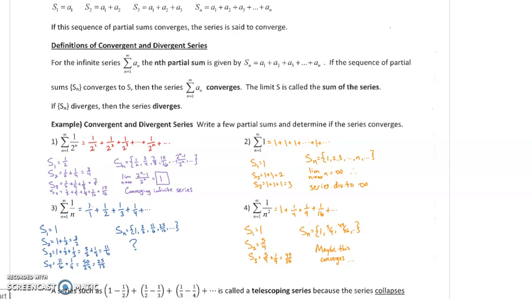As I mentioned in the last video, the primary concern of this chapter is to determine whether an infinite series converges or diverges. And with these four examples that we just did, we were able to determine a little bit. 1 and 2, we seem to be able to answer definitively. 3, we have no idea. 4, we have some idea, but we're not really sure. So we're going to need some tools to help us answer the question, does this series converge or does this